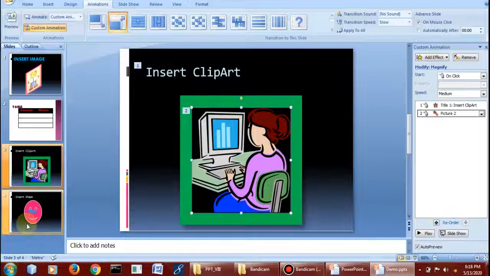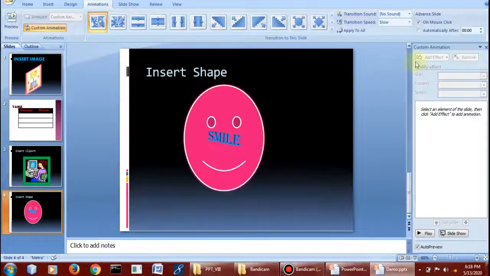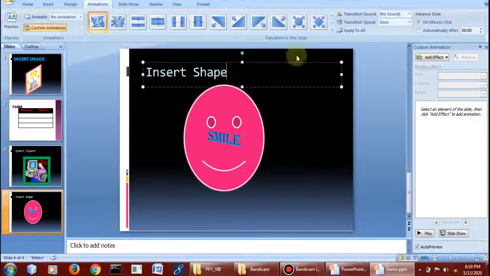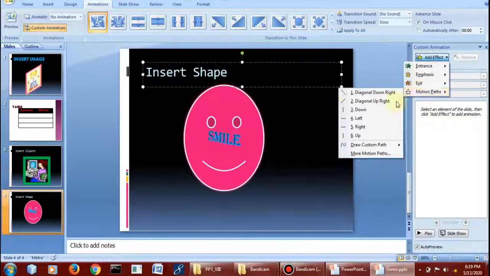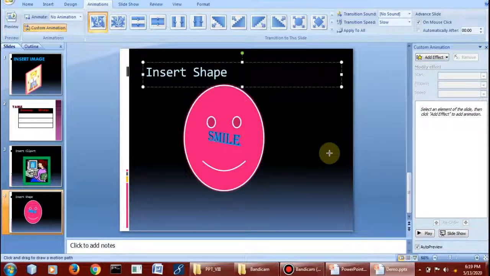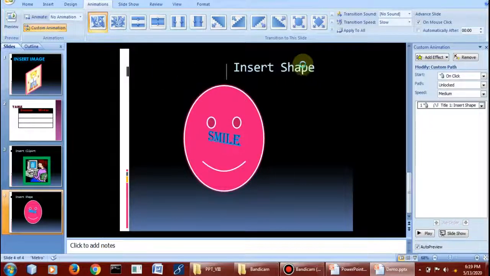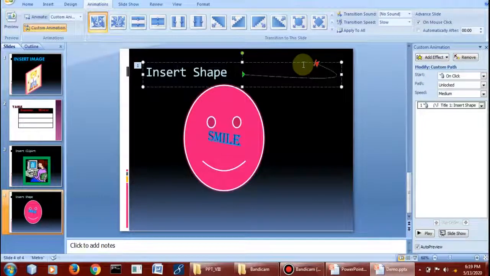Fine. So we have covered the 3 options. The last option is left, that is motion path. There are 2 types of motion path. One, you can give default, or you can draw the motion path. Fine. So I am drawing the motion path. First I am selecting curve. So curve, in whichever moment you want to give the curve, like that. Fine. You have to double click when you want to end.